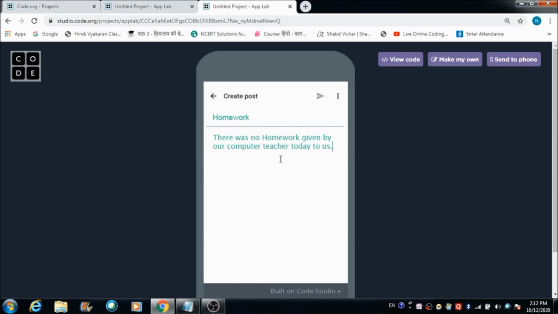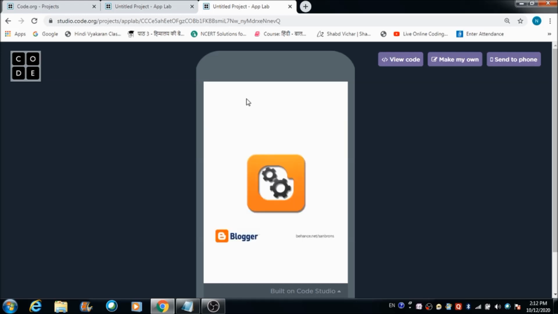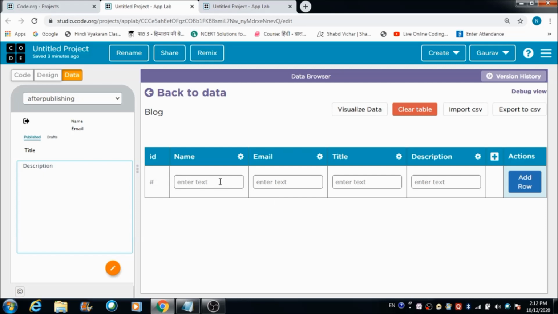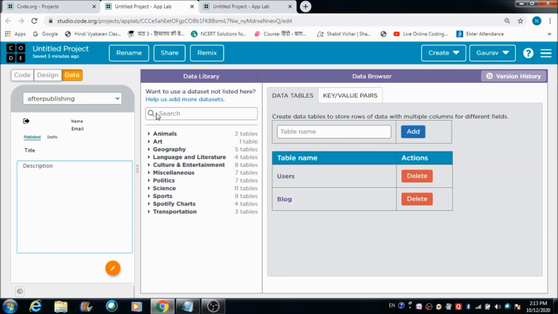Okay, so this is a small thing that I've written over here. Let's see what we will get when we hit this screen. Okay, so do we have something in this data browser, in the blocks table? Okay, we are not able to see anything.